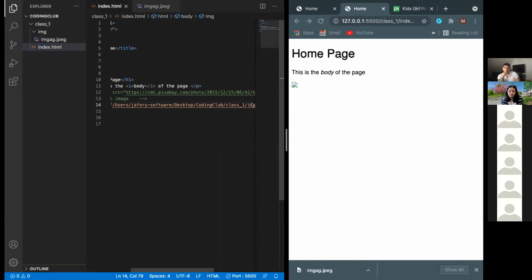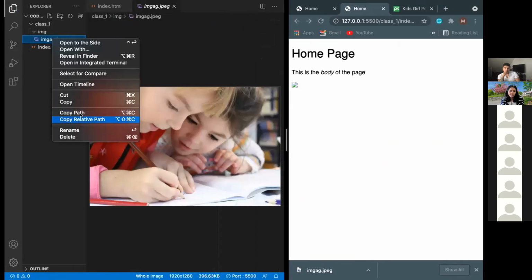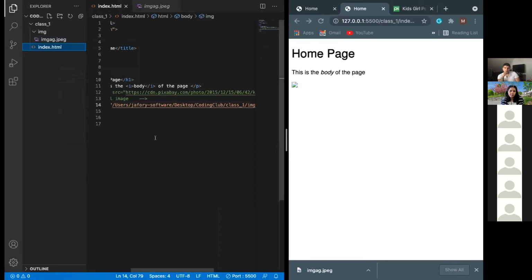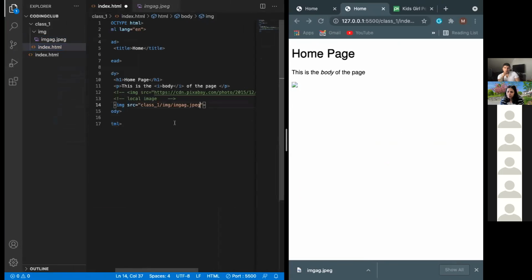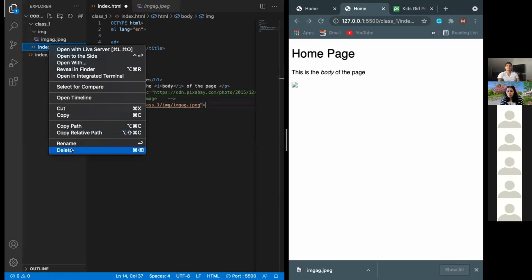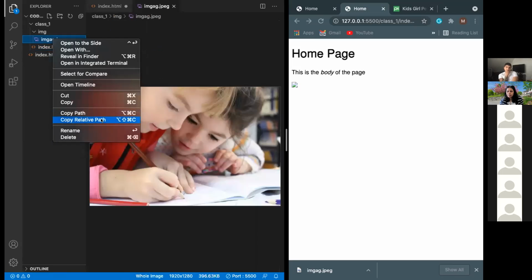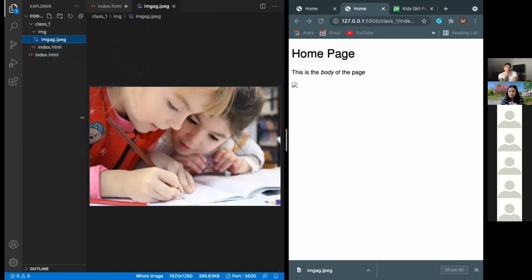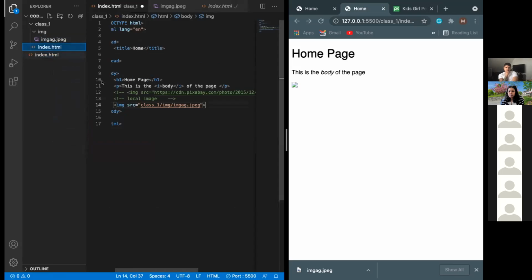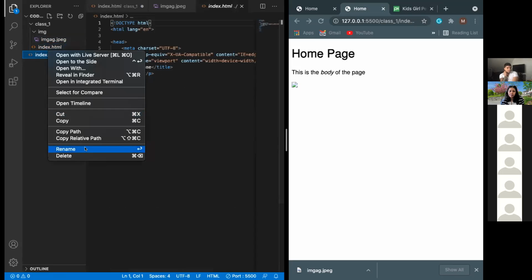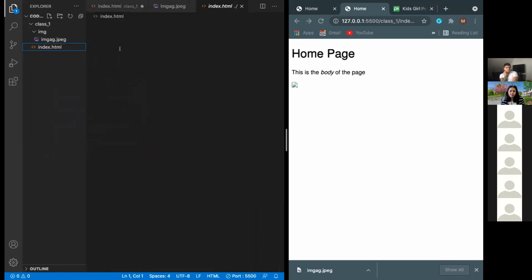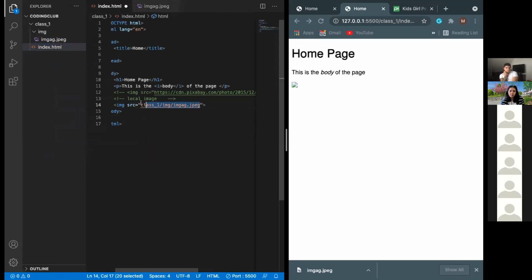Now it's not coming. Okay, so I think I need to copy the relative paths. Let me see. Yeah, sorry, my bad. So what you're going to do, you have to click on it and copy the relative path. And then you're going to go there and, second here. Okay, so here you're going to copy and paste. It's not showing because